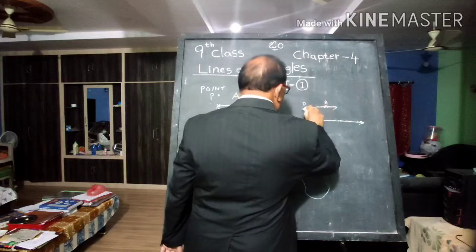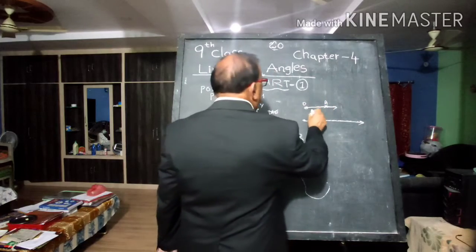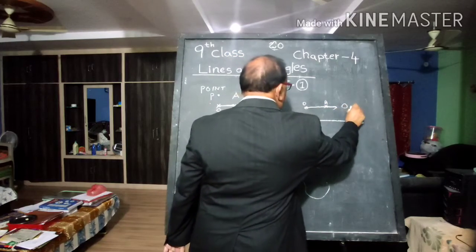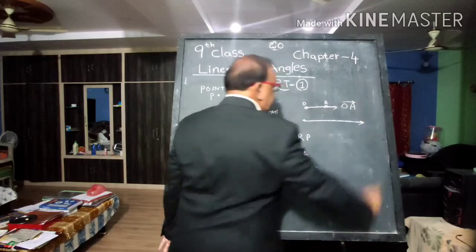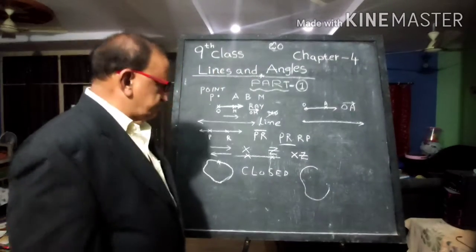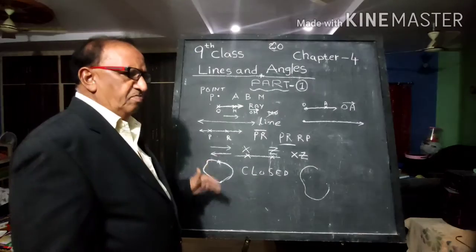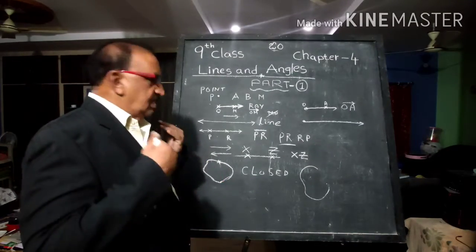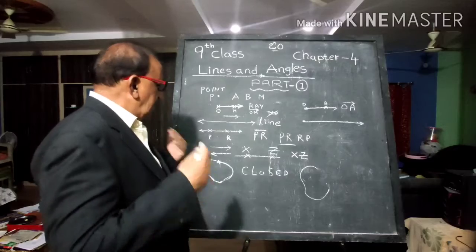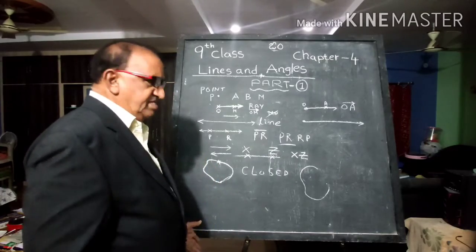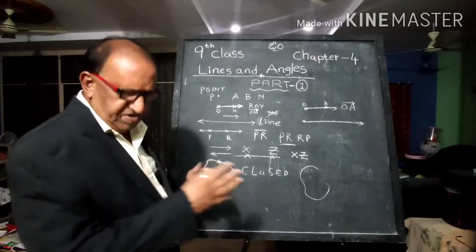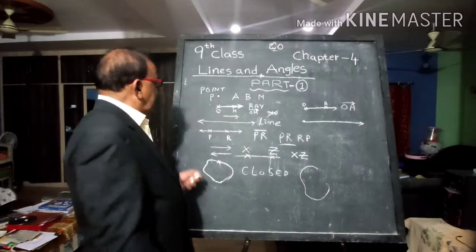O and A, that means OA is the ray, and when you write it down, it is like this. Okay? Anyway, now, we learned about point and ray, line segment, closed curve, open curve. Now we move on to